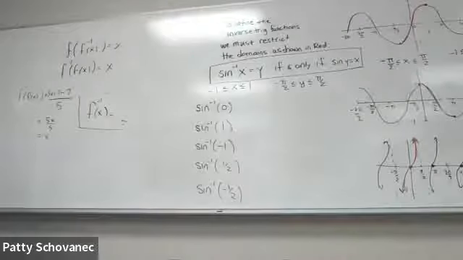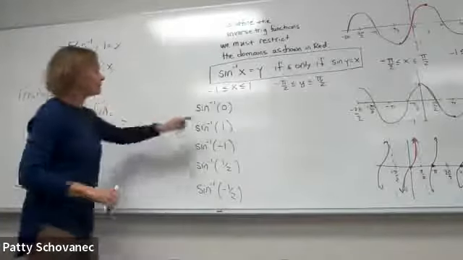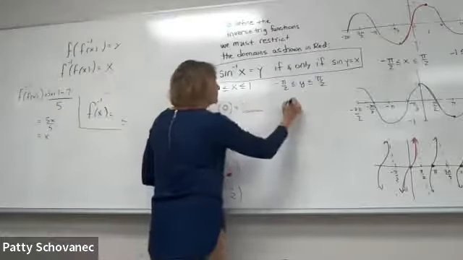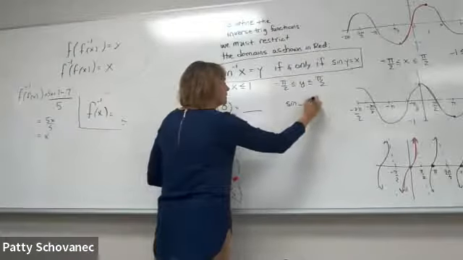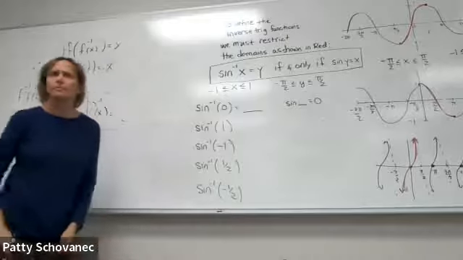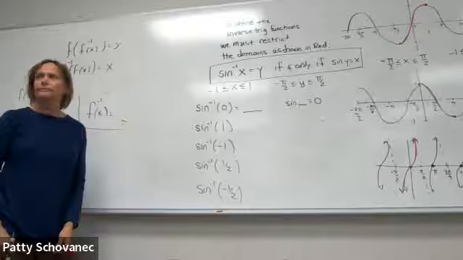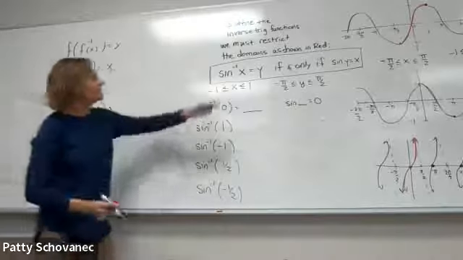So now you're thinking of that little table that I had up here backwards. I erased it. What angle do I take the sine of to get 0? But it has to be an angle